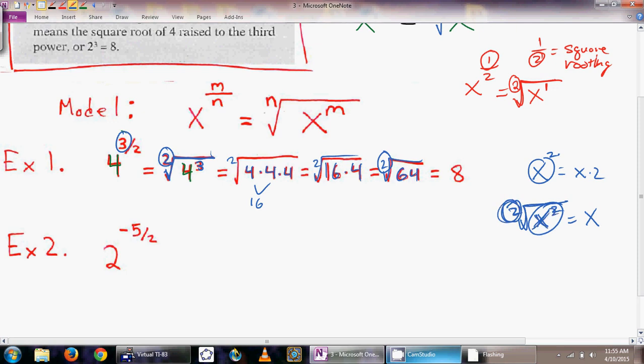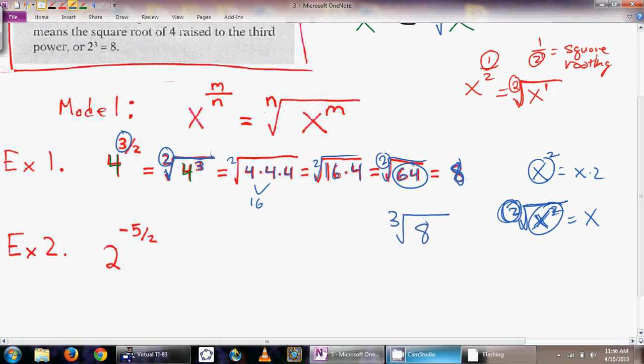So here, 8 is the number that I can multiply by itself, right? That's square rooting. What number times itself will give me the thing under the radical? 64. 8 is the number times itself that will give me 64. So if we were to take the cube root